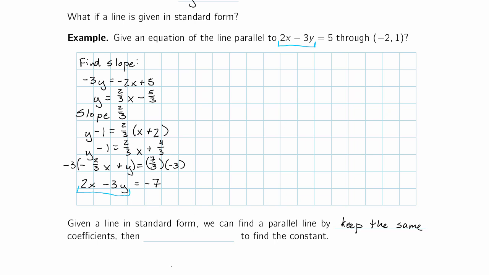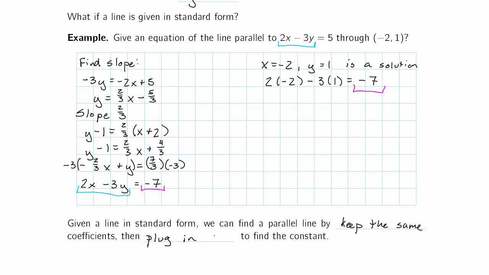How could we find that -7? Well, we want to have x equals -2, y equals 1 be a solution. So 2 times -2 minus 3 times 1 equals -7. Well, then the right-hand side must be -7. We can plug in